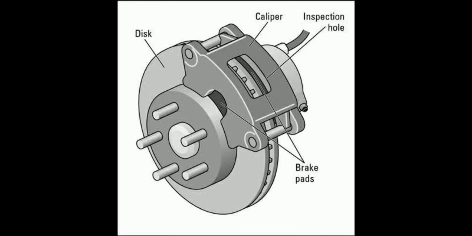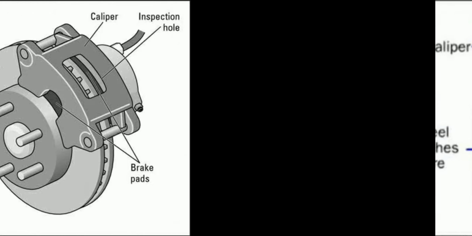The disc brake is only operated by hydraulic systems. It cannot be operated by wire or any other systems. It is only operated by hydraulics. It also has an advanced version called anti-locking braking system, that is ABS. Let's watch how it is working in our practical life.